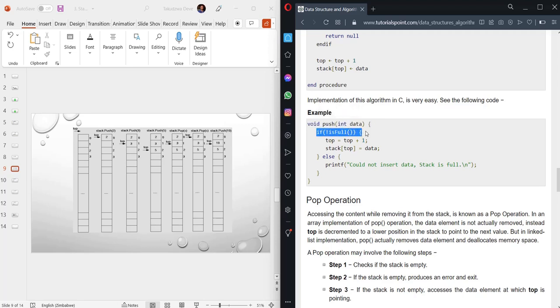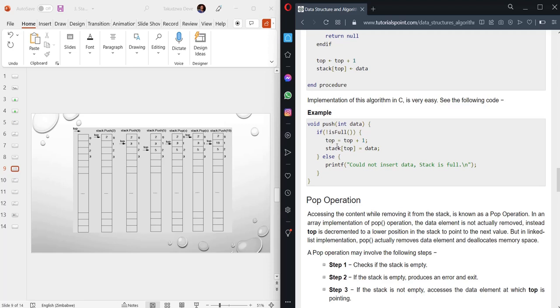Then on this line, we are checking if the stack is full. If it's not full, then we move the pointer to the next empty space, because in that empty space is where we are going to put our new element, and that new element becomes the top element. So this is acting as a pointer. This top variable is acting as a pointer, which is pointing to the top element in the stack. That's the job of this top